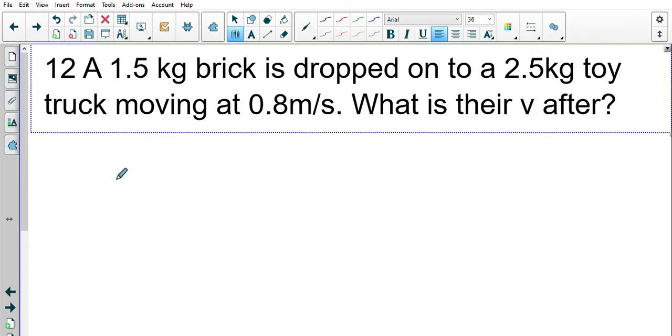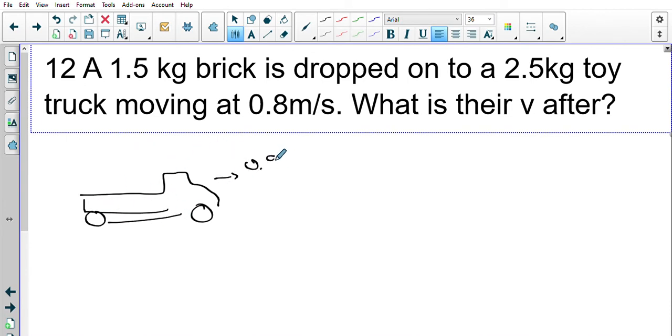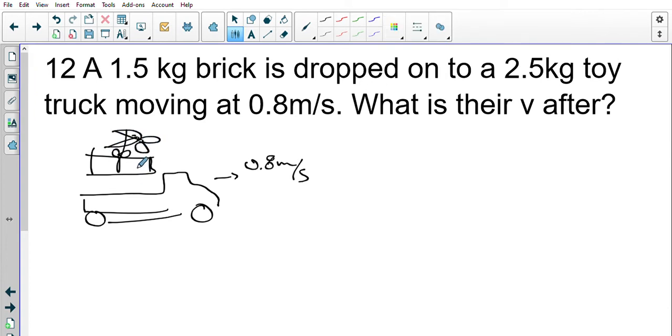Question number 12. So we've got a truck, and the truck is traveling at 0.8 meters per second. And what we have is a brick, and there's a string tied on here, and we're bringing in some scissors. We're going to cut the string, dropping this onto here. So we have,